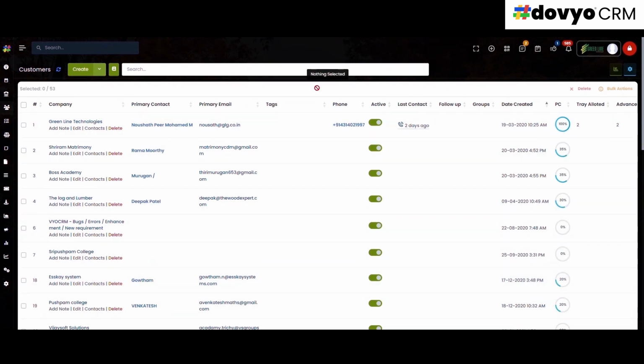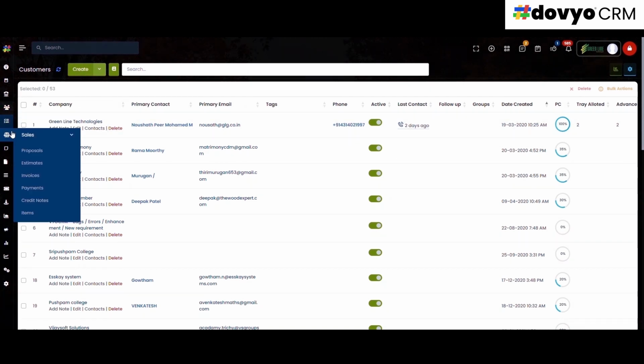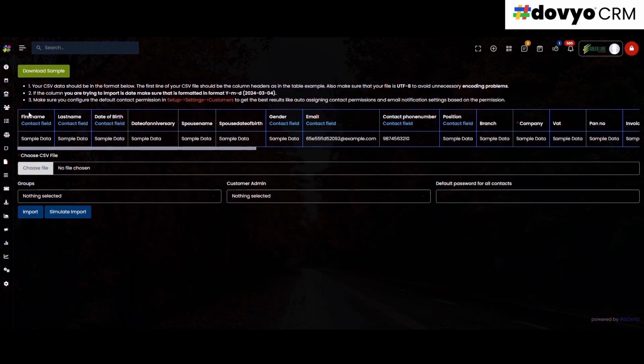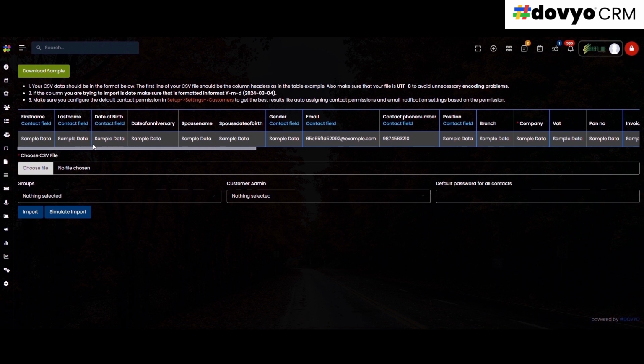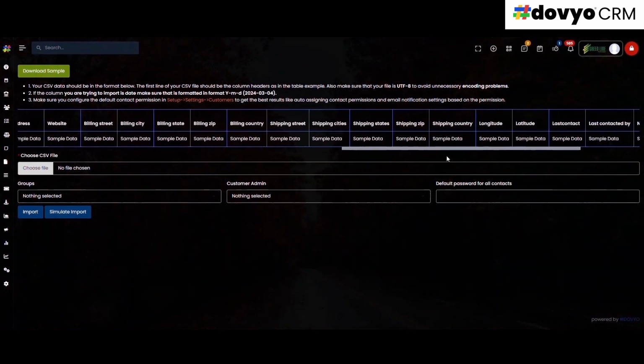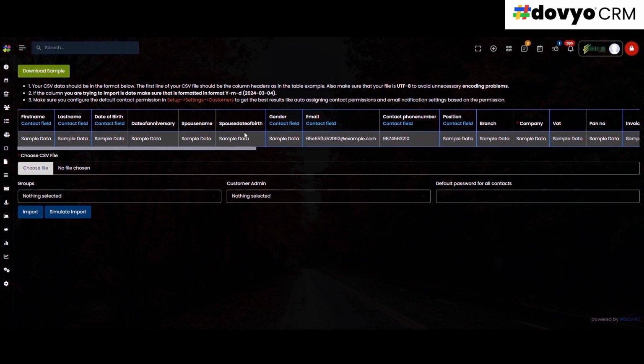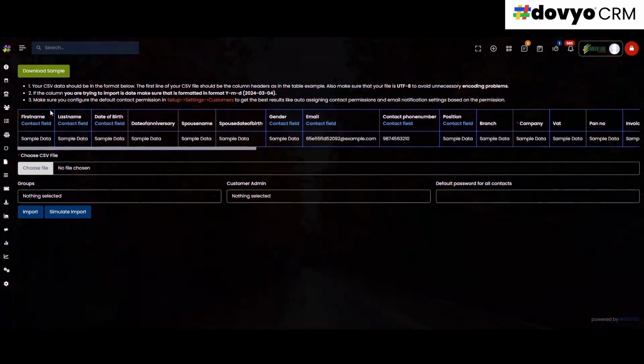If you have n number of customers and you want to create those customers in Dovyo CRM, go to customers model and click on import customer. When you click import customer, it will display a set of records that you have to get from the download sample, fill in all the necessary details and save it in the .csv format. Once saved,